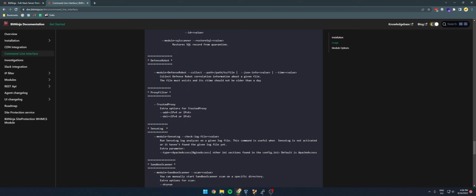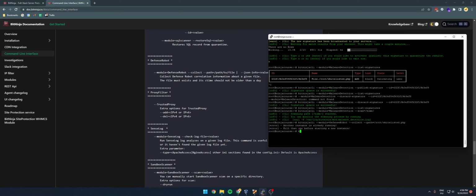So we can also add extra options for the trusted proxy, but it's frankly just much easier to do this from the dashboard. But you could do that if you would like to automate it, for example, if you have your own proxy which changes some IPs from time to time, you can automate it, and you can do